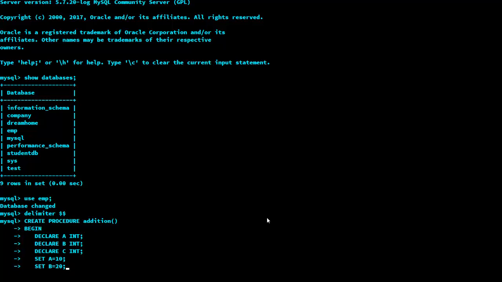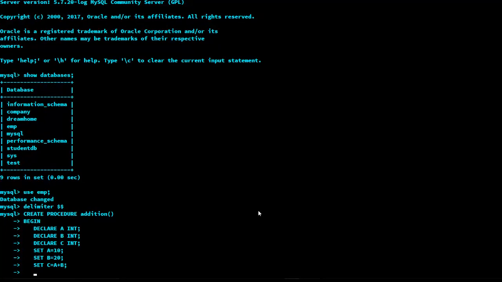So till now I declared three variables and I've assigned two values to a and b. Now the pending operation is that I have to add these two. In order to add them, I'm using the keyword known as set. Set c equals a plus b. So I'm adding a and b together and putting the result in the variable known as c. After that, in order to print the value of c,